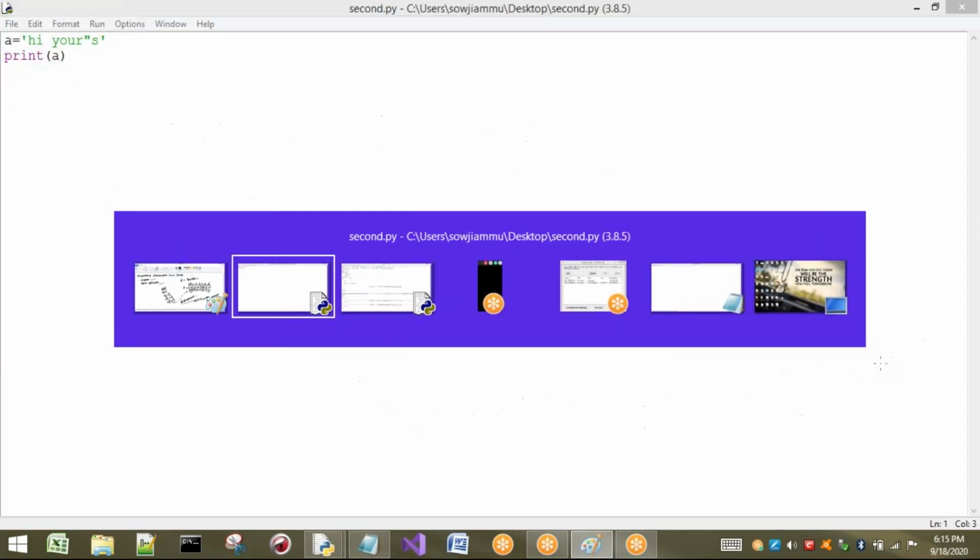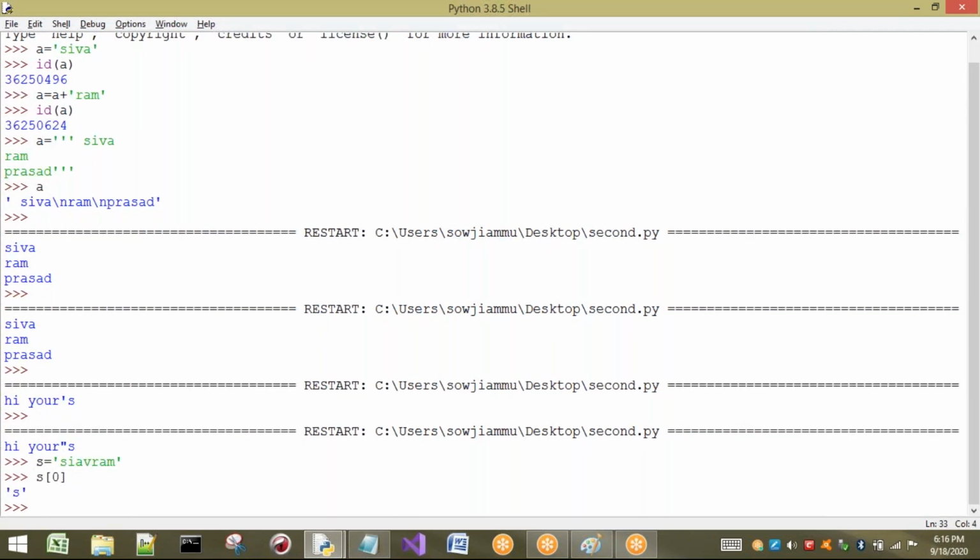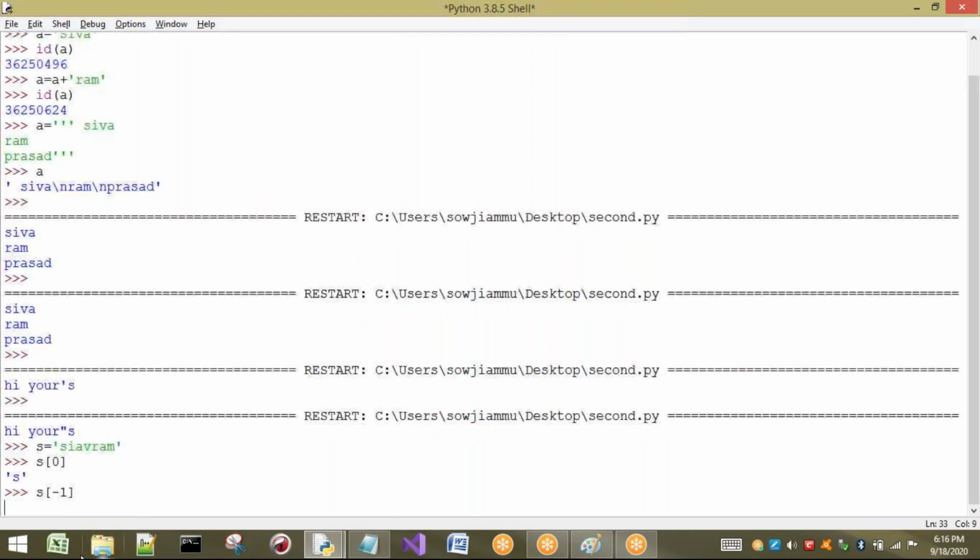So just briefly, I will take a small example. See, the same example I will take here. What are the values here? S, I, V, A, R, M, anyway, no problem. If I want to access individual characters, I can use square brackets. If I write S of 0, what is the 0th index? S. Okay. Next, if I want to take negative indexes, they start from the backward direction. That means M is going to be printed here.